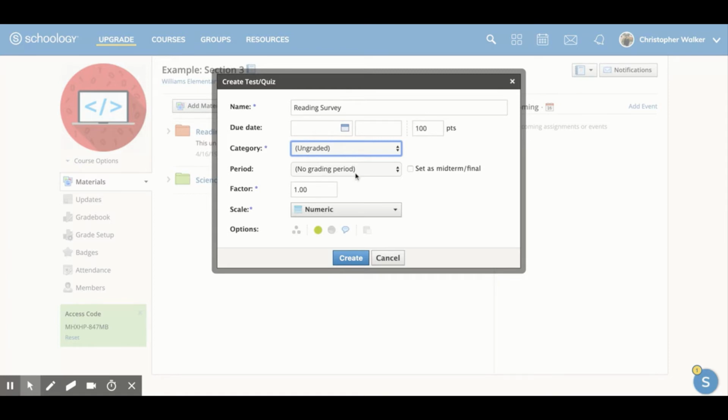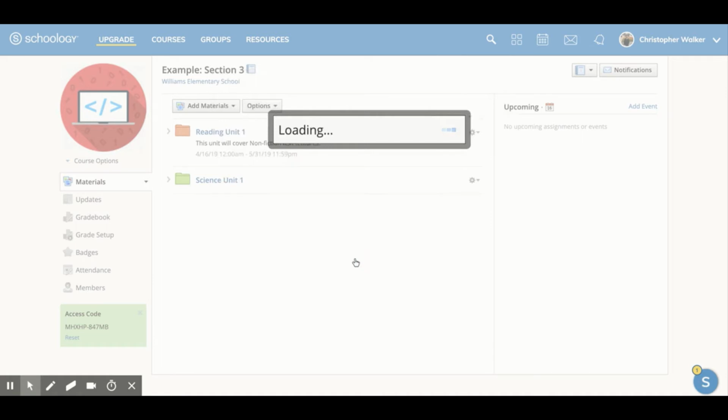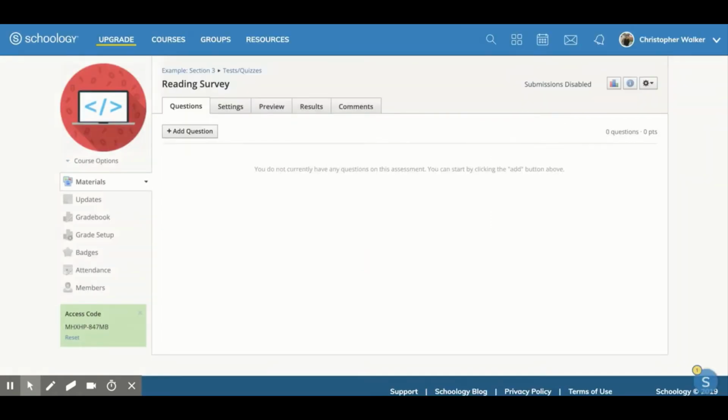If you have periods, different semesters, trimesters, stuff like that, you can decide from there. The factor you need to fill out, so how much each question is going to be worth, and then the scale, either numeric or alphabetic. I'm going to click on numeric, and then you do have some other options down here, which are very similar to some of the other materials that we've created before. So once you have that done, you're going to click create,